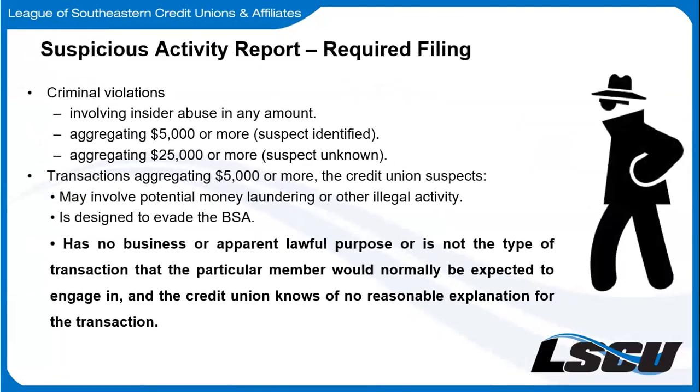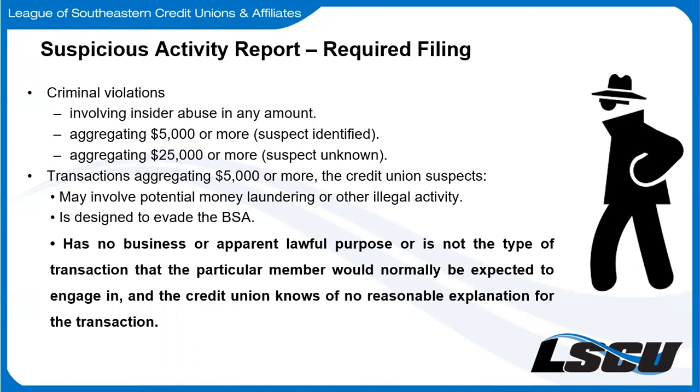On the other hand, we have our suspicious activity reports. You will see those abbreviated as a SAR. And we are required to file these anytime we have a criminal violation involving insider abuse of any amount, $5,000 or more with the suspect identified, $25,000 or more with an unknown suspect, or the majority of our SAR reporting comes from the bottom half of the slide, where we see $5,000 or more when the credit union suspects this